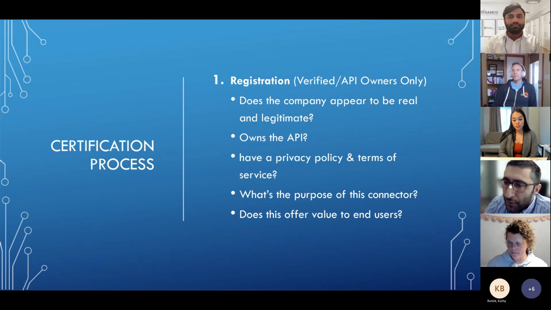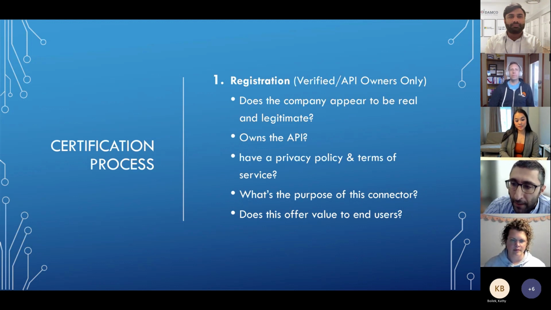In this form, we are just collecting some general information about partners, for example, about the company, the size of the company, confirmation from them that they do own the API, a privacy policy, what is the purpose of the connector, and does it really offer a good value for the community? Does it bring something new? After that, after we approve the connector,